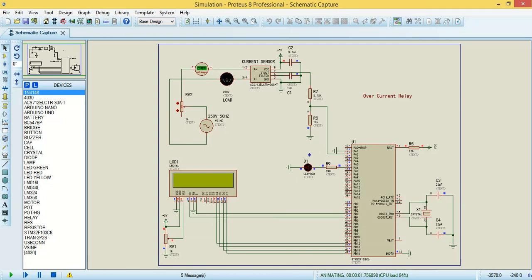As you give it the power, it will start. On the real hardware, the controller will work in real time, but a simulation takes a little bit of time. So it is saying that this is the millisecond time for the trip. As you can see, we are within the range. The current is